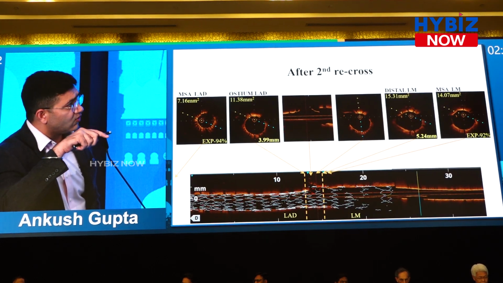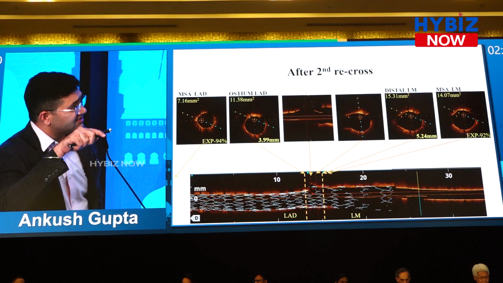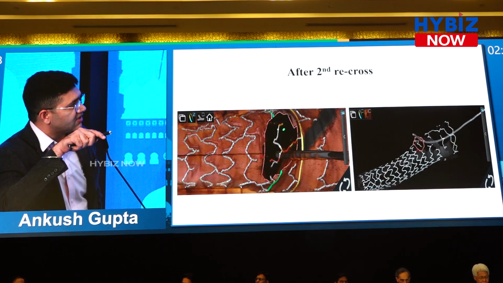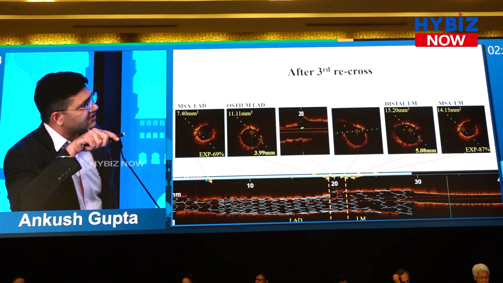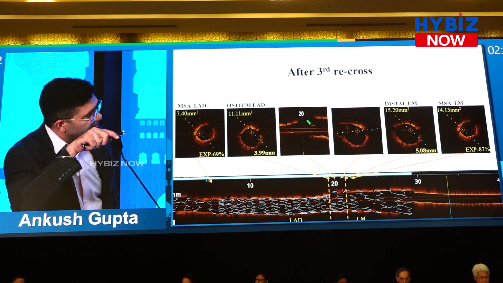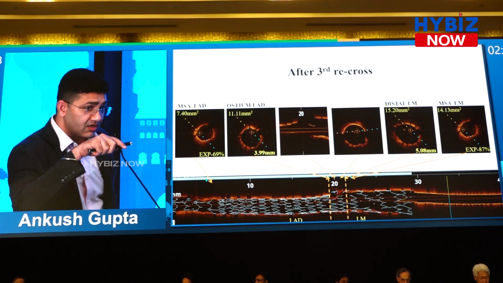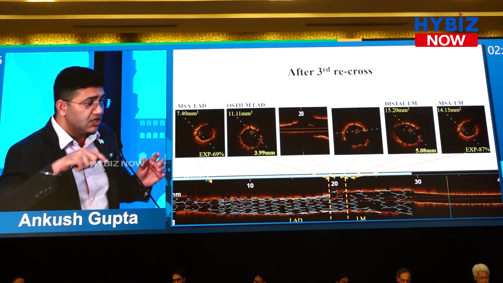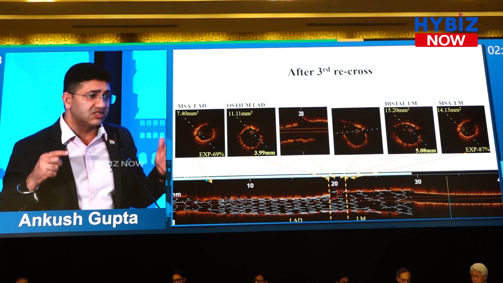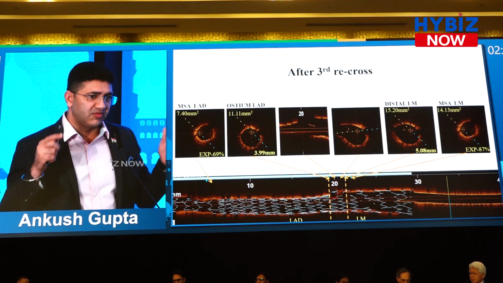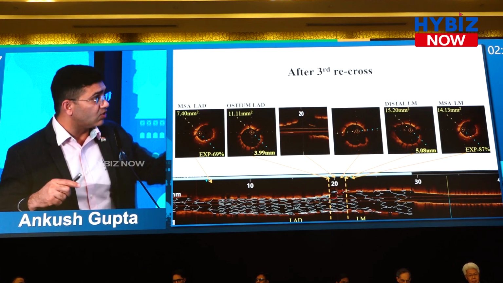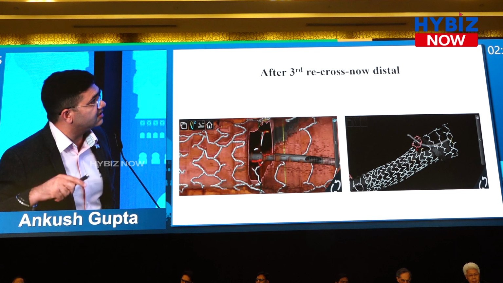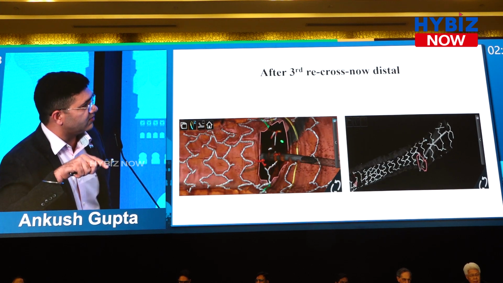This is part of our trial case, so we had to go for KBI. Again, this is a second recross. Again a proximal recross, confirmed with the 3D reconstruction. Then after the third cross, can you see it has gone through the distal stent strut? Even in B mode, it's coming early after the carina. Whenever you assess whether your side branch wire has gone through distal or proximal, always look at all three parameters: the L mode, B mode, and the 3D reconstruction. Can you see the 3D reconstruction? It has gone through the distal stent strut.